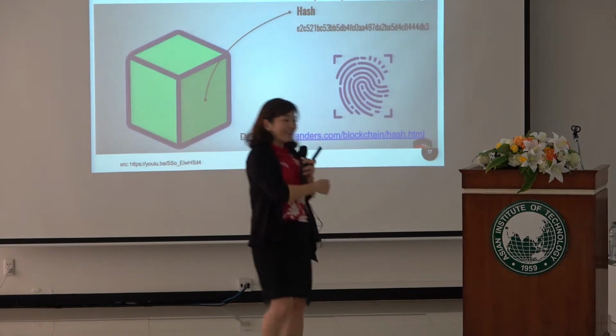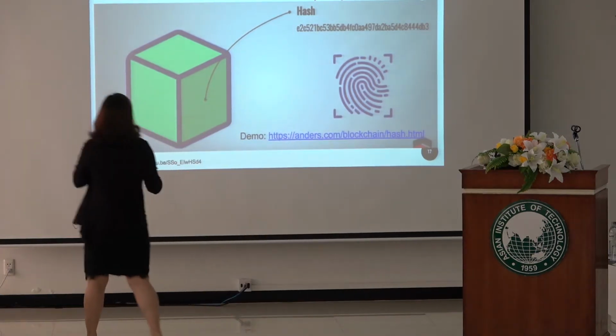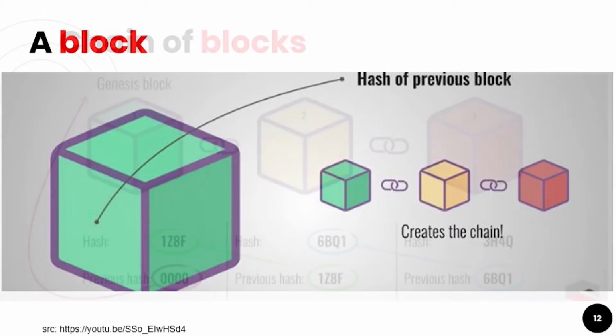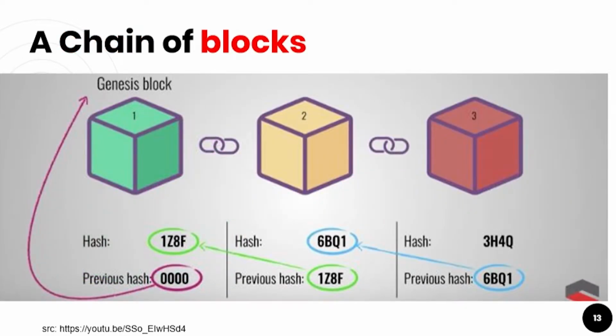So let's look at this next thing. The third component, remember, is the hash of the previous block. So this is a way of chaining. So look at this one. This is the first block, okay? And actually the term is called the Genesis block. It's the first block. So it's special.